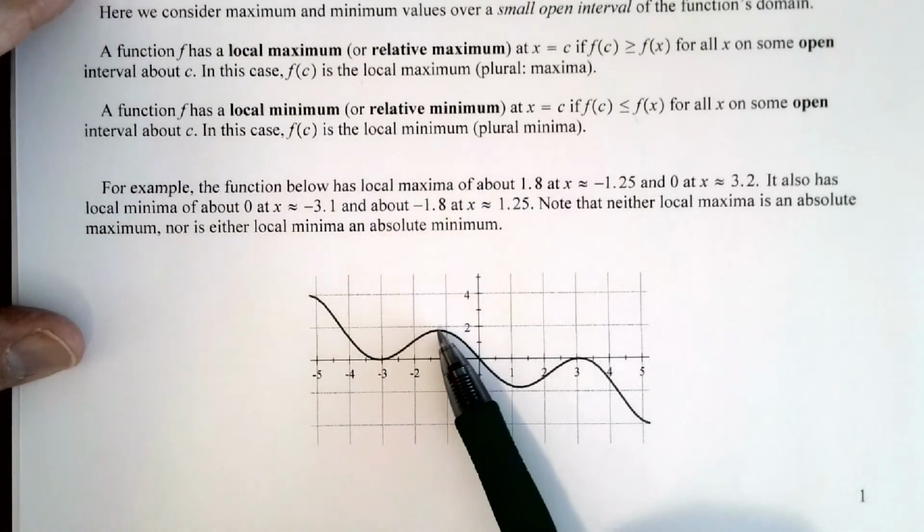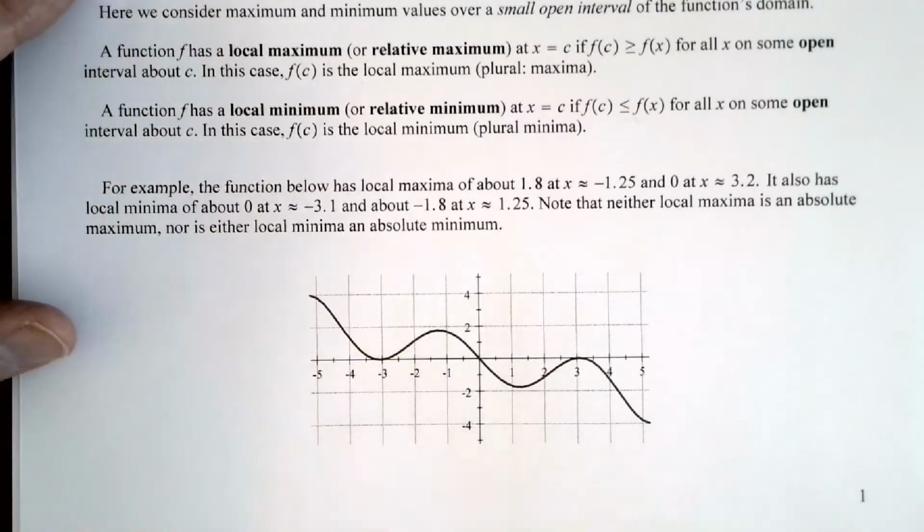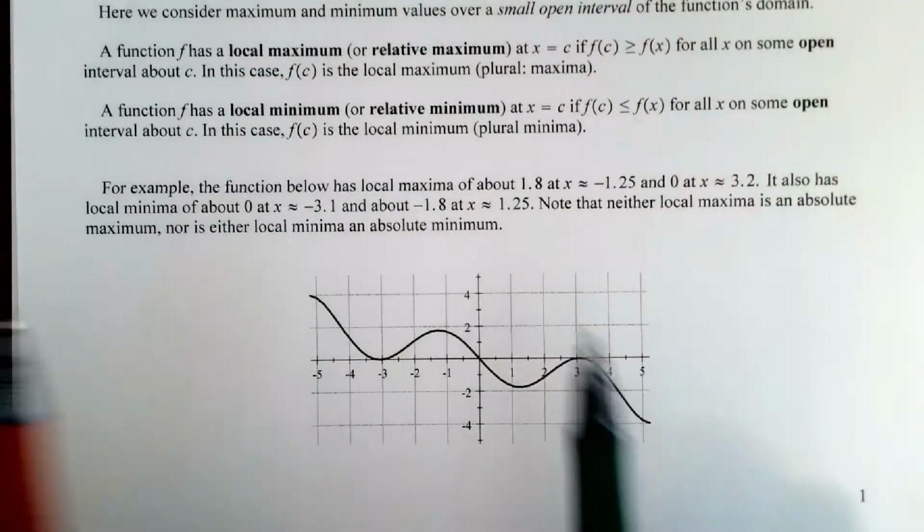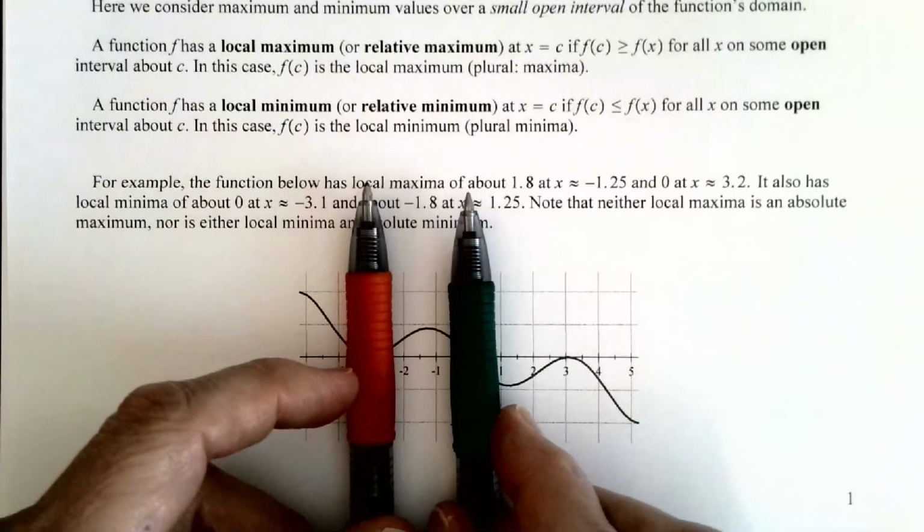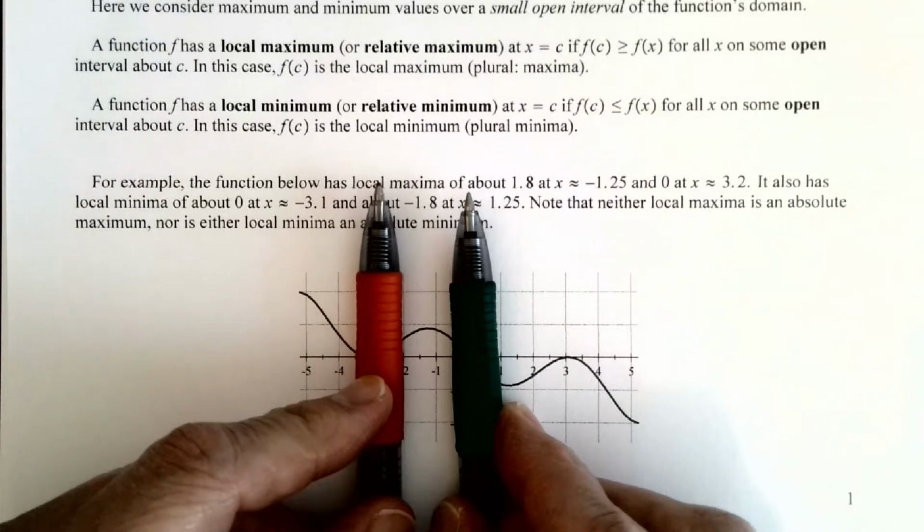The ones we can see here: notice we have a local maximum of about 1.8. The height of the function right in here is about 1.8, at x equal to about -1.25, somewhere about right there is our location. Notice how we write that. What we're saying is, on some open interval about -1.25, if I just restrict everything in between the two pens, and just look at that open interval,